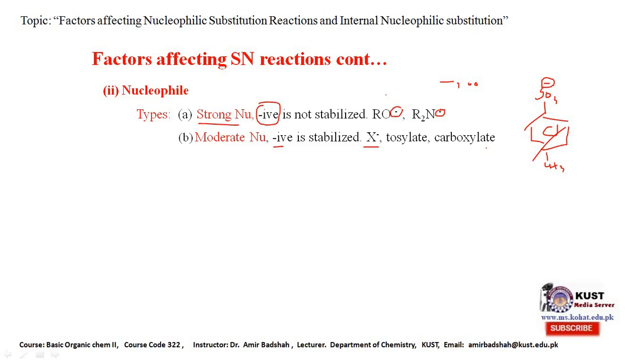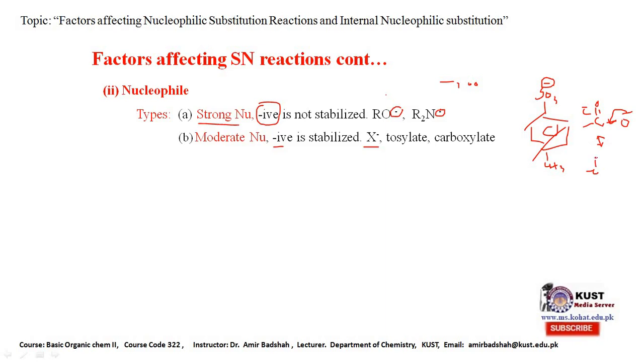Although it can act as a nucleophile, the electron density is not so high, so it acts as a moderate nucleophile. Similarly, in the carboxylate, the negative charge is present, but it is stabilized. Here the negative charge is present on oxygen, but it is not limited to this oxygen; it is stabilized over both oxygens. So the new resonance structure can be written as C